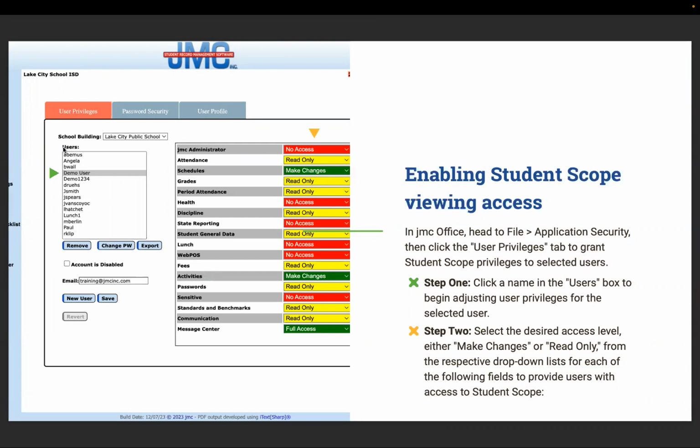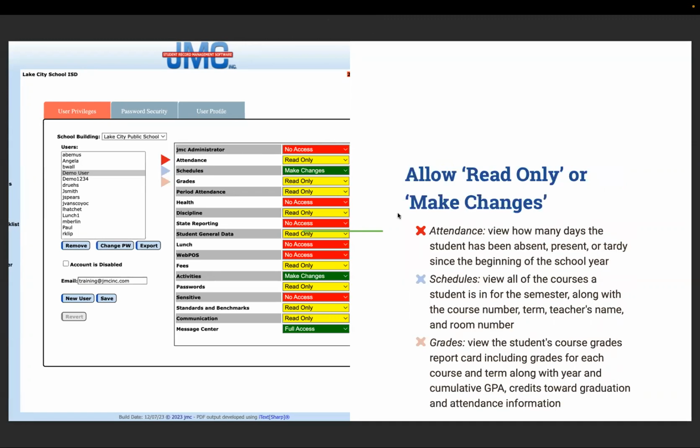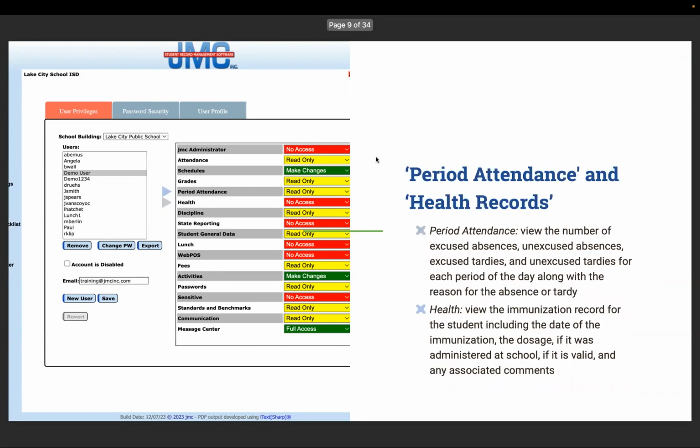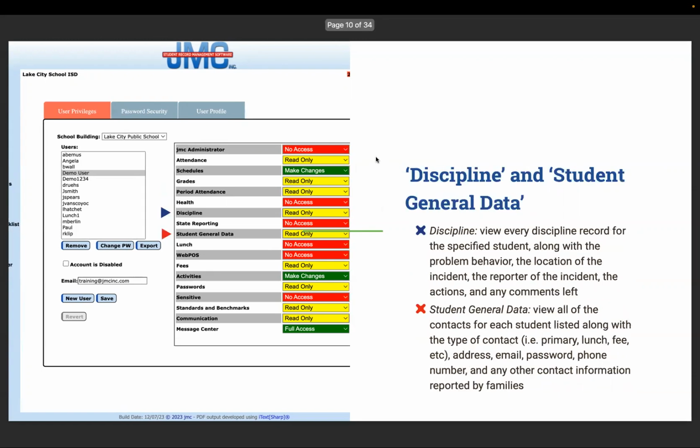Step 1, you click the name in the user's box to begin adjusting user privileges for the selected user. Step 2, select the desired access level, either make changes or read only, from the respective drop-down list for each of the following fields to provide users with access to Student Scope. So again, each of these that I'm talking about right now have to be either read only or full access. Attendance, schedules, grades. Now I'm going to go through and read these in our next section because we're going to go into greater detail in that section. Period attendance, health, discipline, student general data,